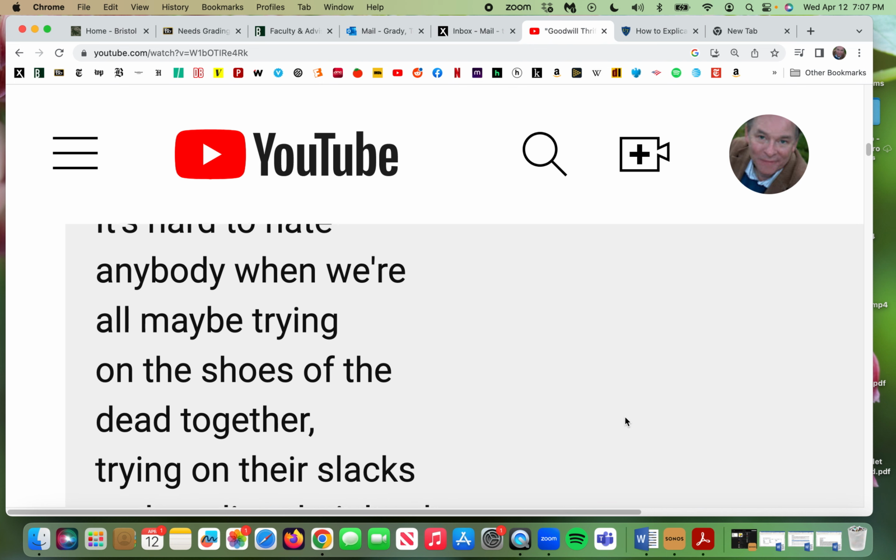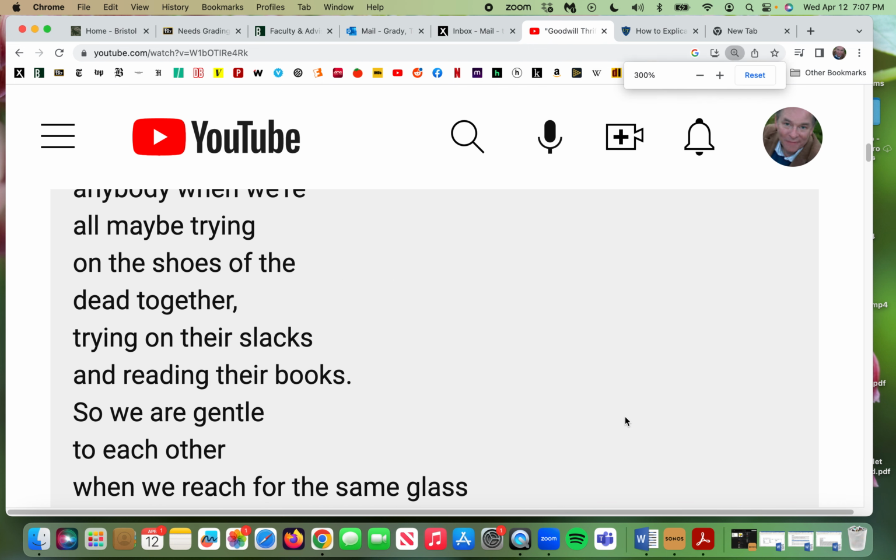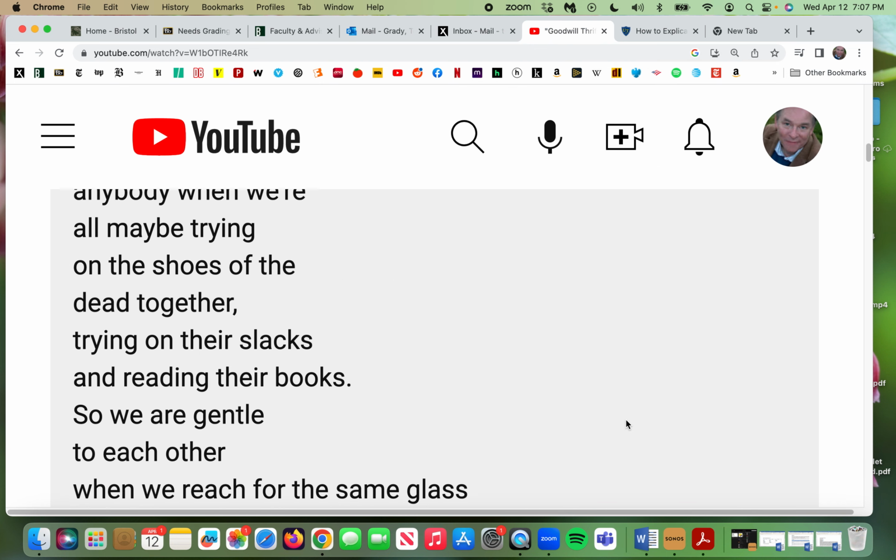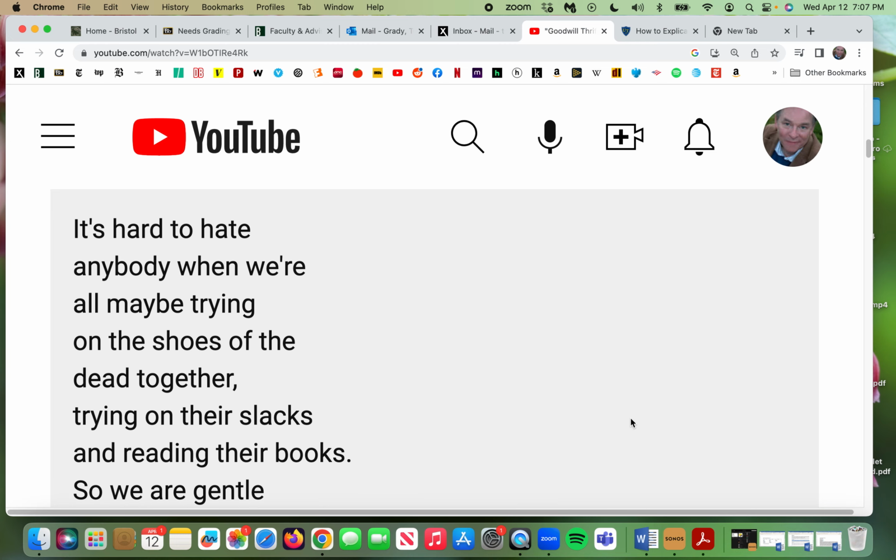Now, it's still kind of a loaded sentence, and it starts off pretty deep, in my opinion anyway. In this space of a Goodwill store, I think what she's trying to say is it's a great equalizer, and it takes away our preoccupation with hating each other when we're all there for a common cause. It's the great equalizer of being there, so we're too busy seeing what's in common with each other to hate each other.